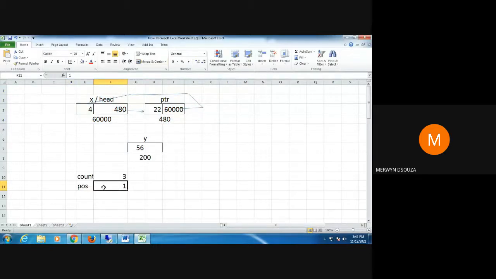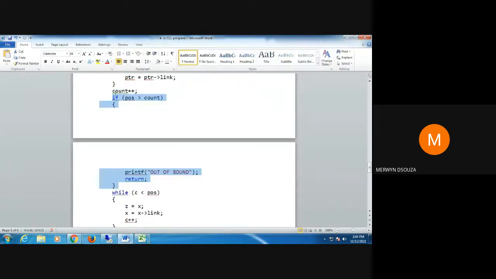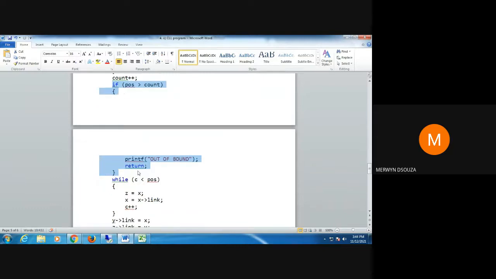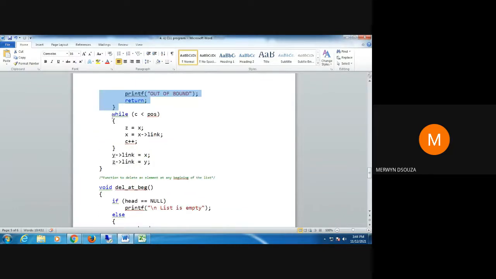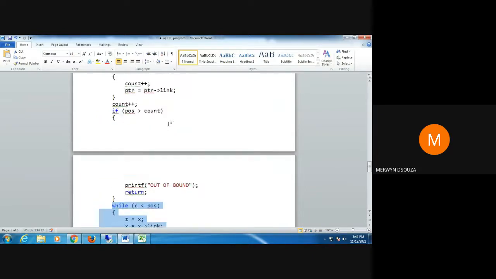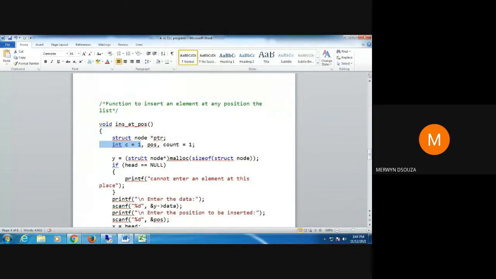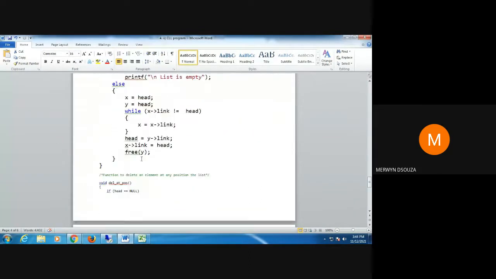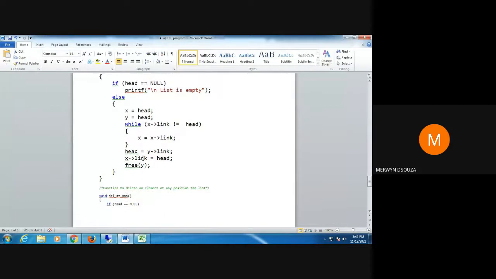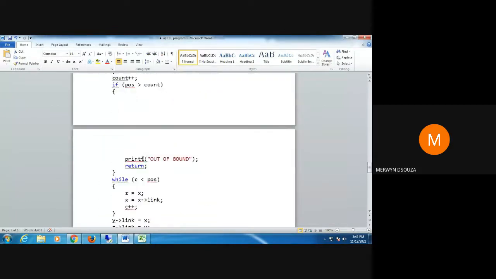The position is not greater than count, so I do not execute this if statement. So I check the while statement. Is C less than position? The value of C has been initialized to 1. So I check for this. Is C less than position?